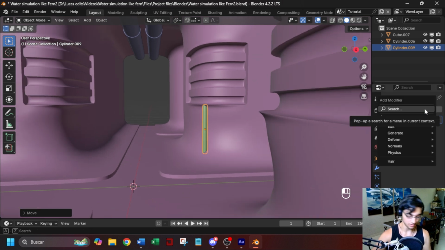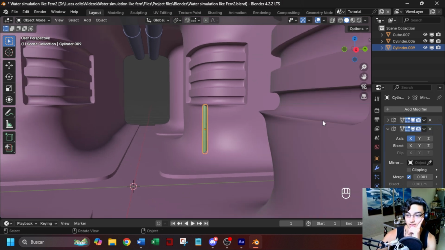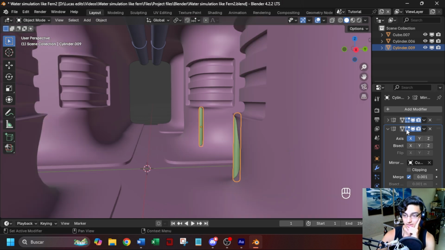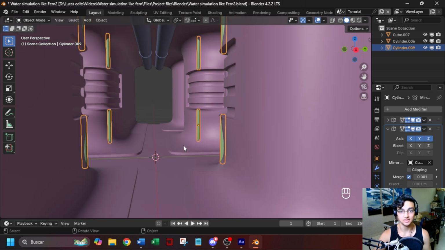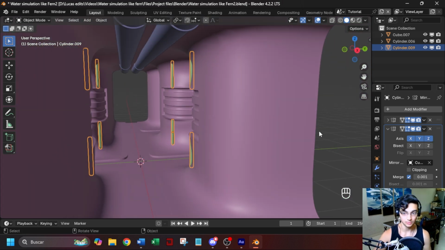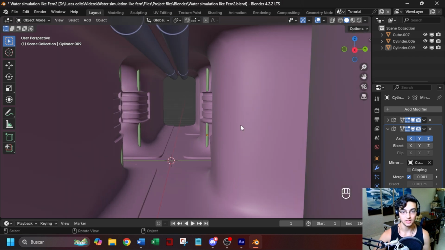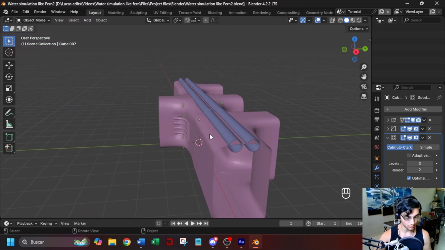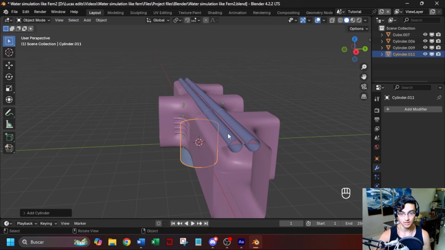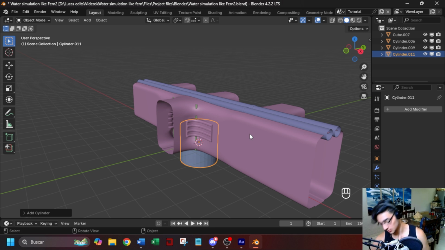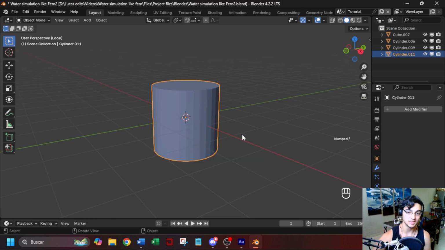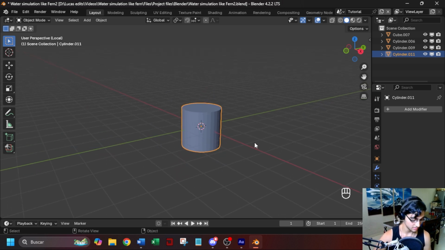I'm going to add a mirror modifier again, and I'm going to select this object right here. So we have this, and also select the Y axis, and we will have this. Also select the Z axis to make something like this, and we have these cylinders right here. So now I'm going to add another cylinder, and I'm going to press the / key basically to isolate this object,